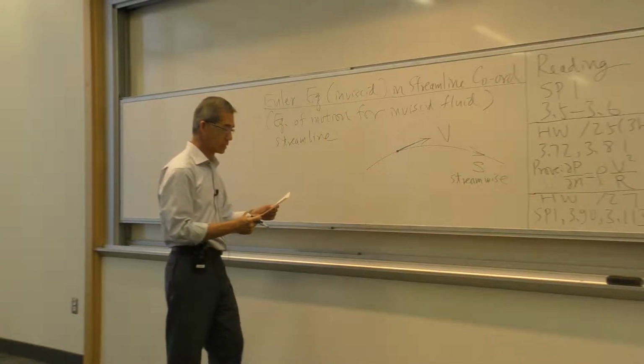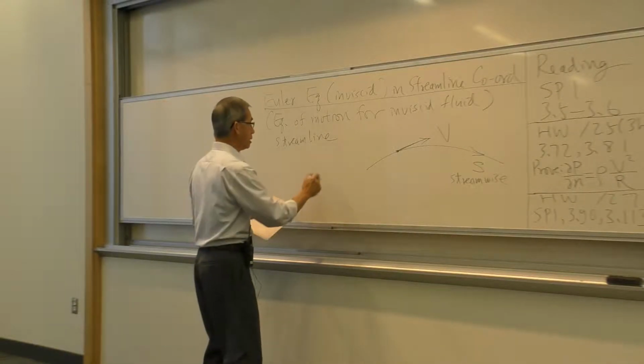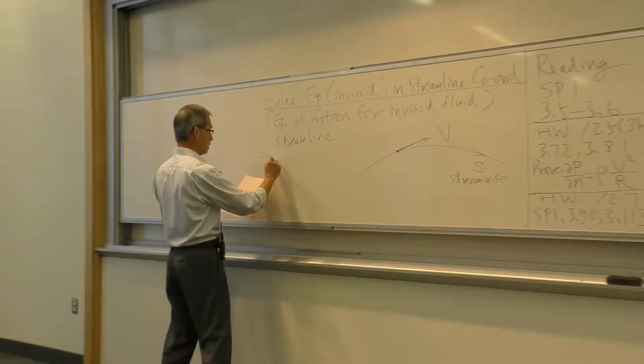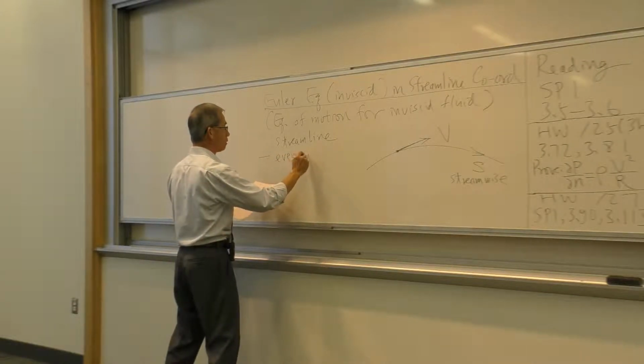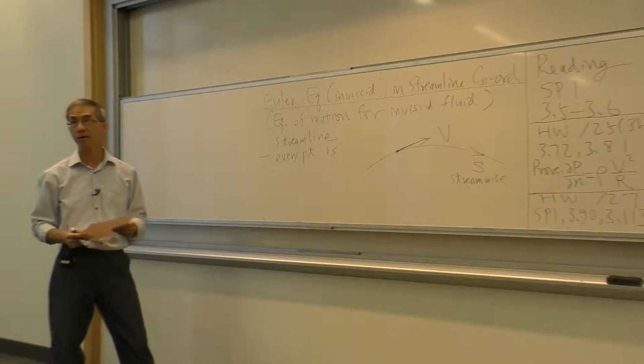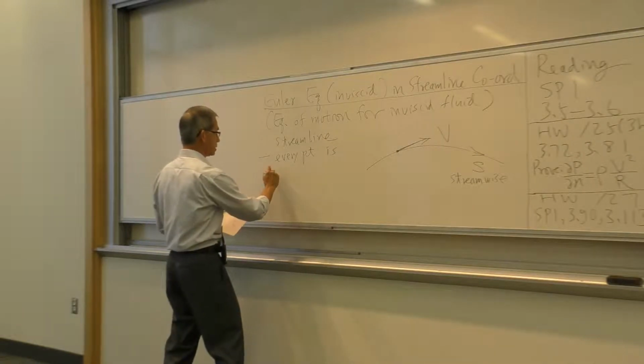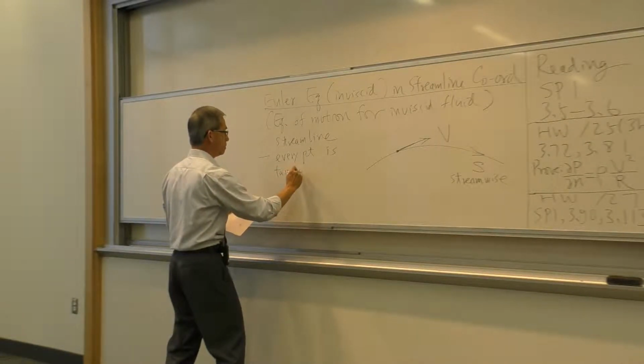And the essence of the streamline is every point, we call that the locus, every point along this so-called streamline, and one is illustrated in here, is tangent